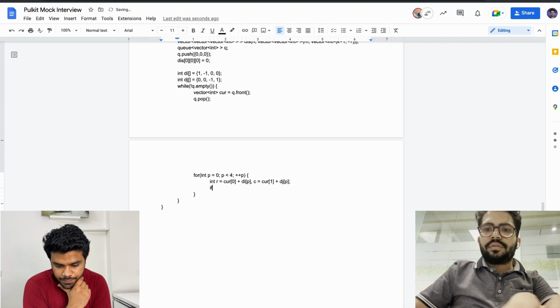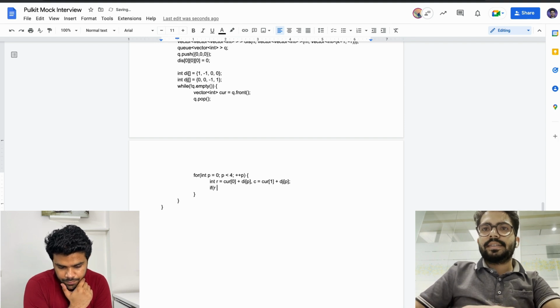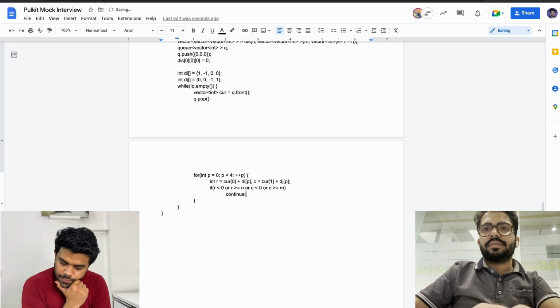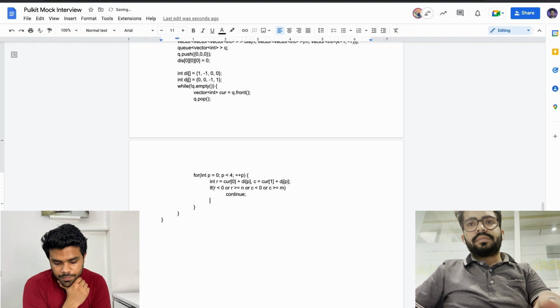So now, of course, if r is less than 0, or r is greater than or equal to n, or c is less than 0, or c is greater than or equal to m, no point, just continue.